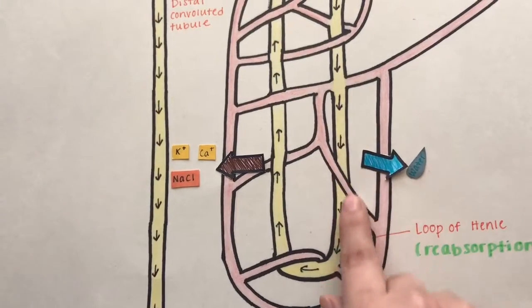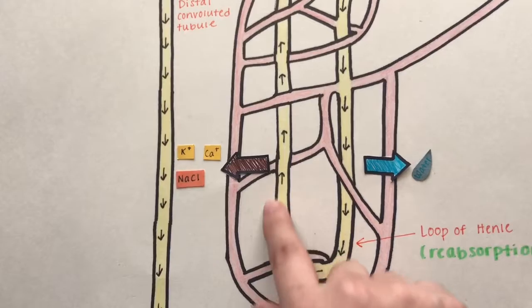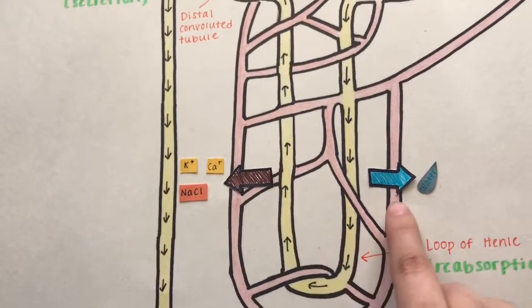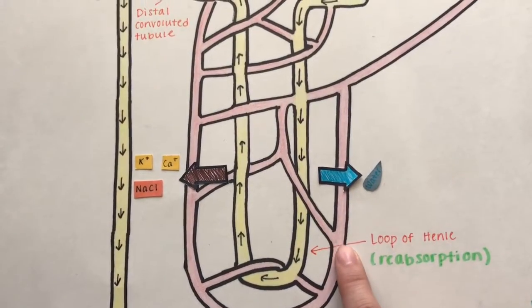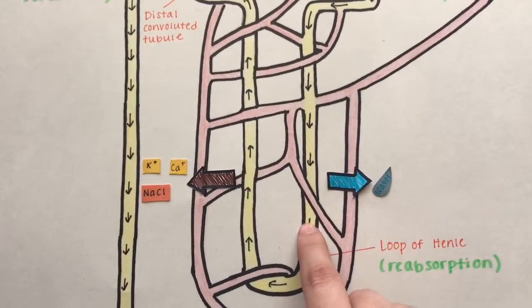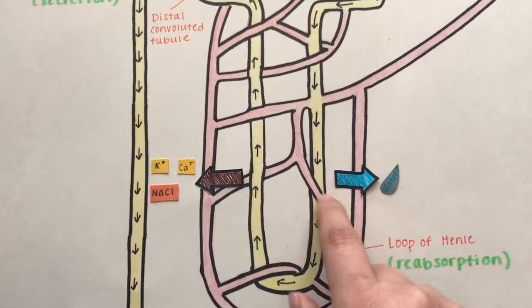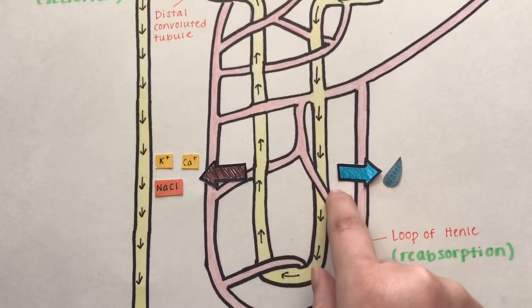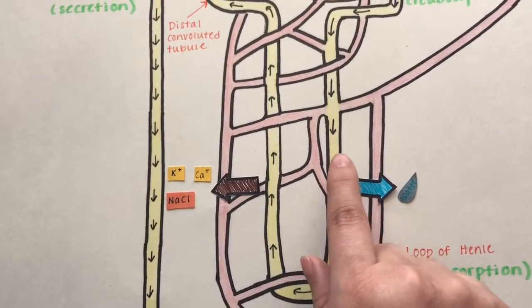It's basically the tissue surrounding the loop of Henle, and this tissue increases hypertonicity and helps in water absorption. In the descending loop of Henle, the filtrate is hypotonic, meaning there are more solutes inside the filtrate than outside. And the interstitium is hypertonic,